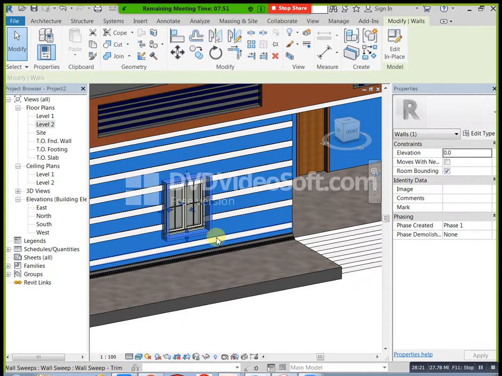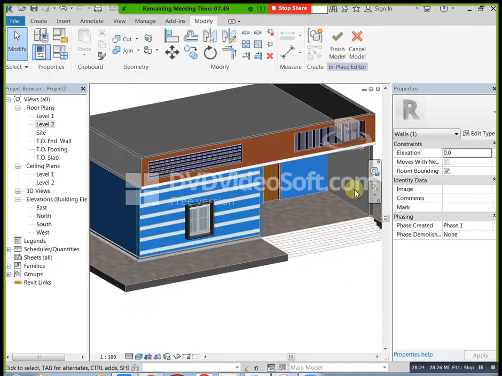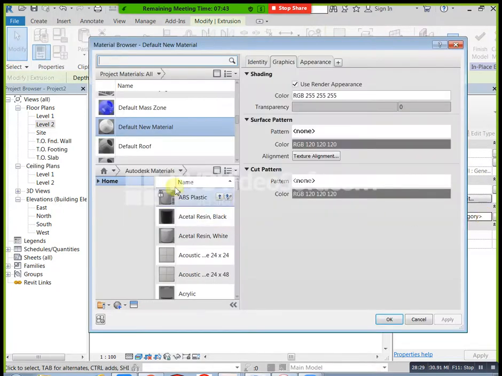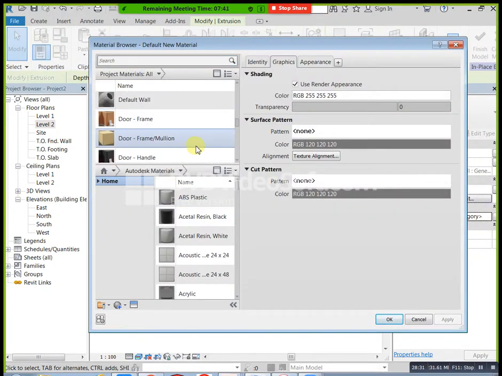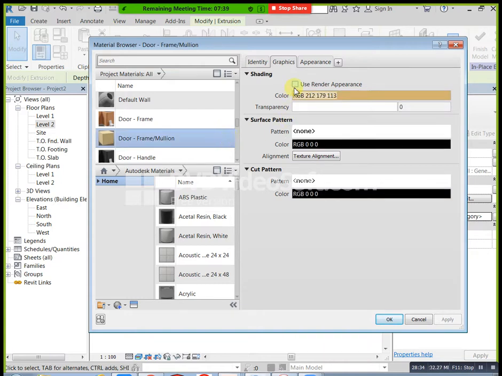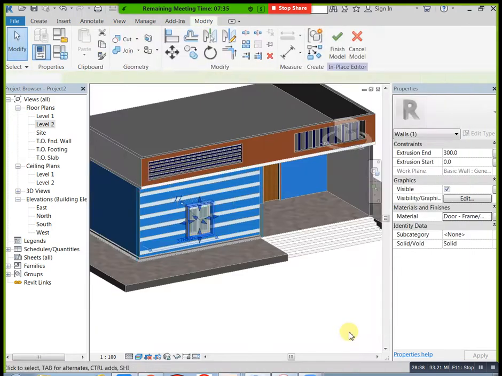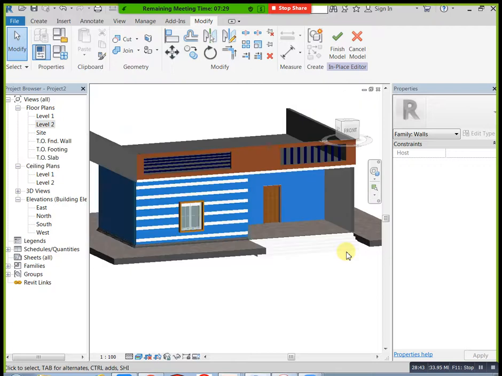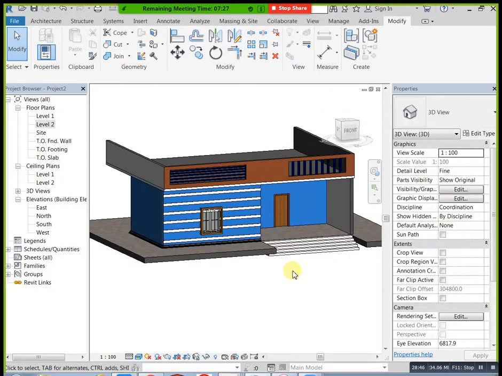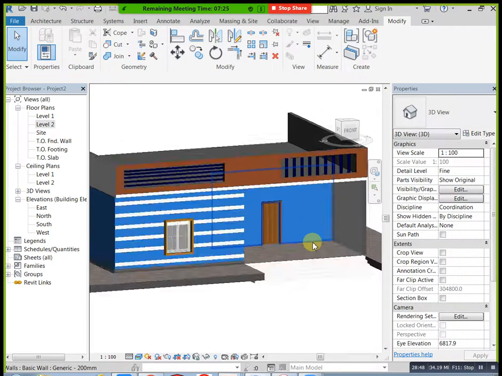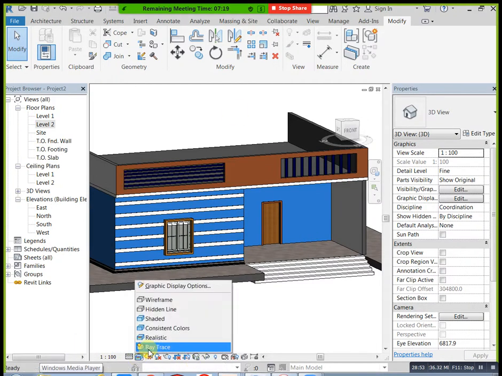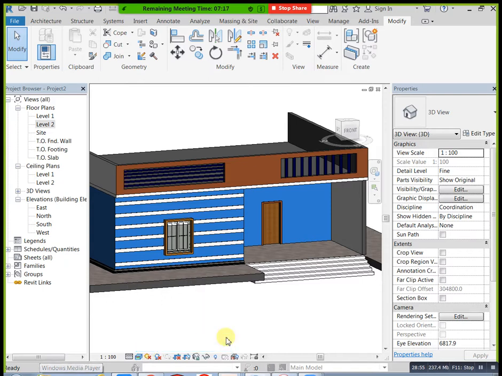Okay, now this is our building, finish them like this. Now if you need to see exact, here we have ray trace, just you can select this ray trace. Okay, real time condition we can see our building like this. Okay, actual condition. Here we need to change color of these steps. When you do your painting for your building, then we can see like this. Okay, this is for only small design.